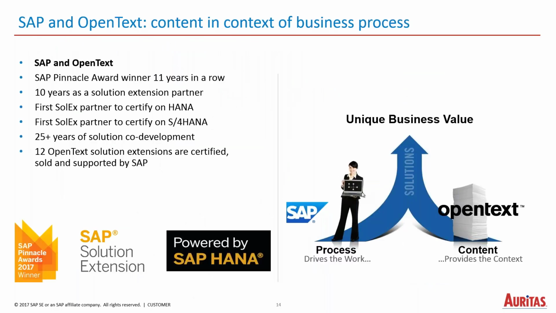And a big part of the unstructured document management piece of this is leveraging the partnership between SAP and OpenText, where the SAP databases and business application environment is driving the process and managing the data that's associated with those business processes, while OpenText manages the unstructured document content. But because of the deep integration that exists between SAP and OpenText, that content can be managed in context of the business process. So it's the union of delivering that content in context of the process that brings value to